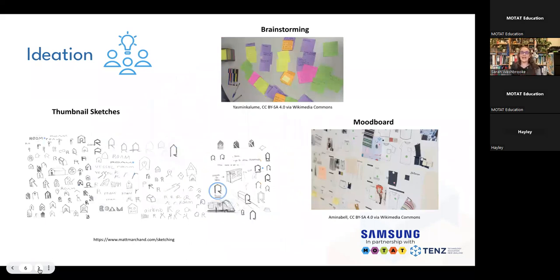The first step of ideation is really about just brainstorming as much as possible, getting a big brain dump and putting down as many different ideas as you can think of. These can be rough, they don't have to be fully thought out. This is the ideation stage. And in technology, we can do this in lots of different ways.